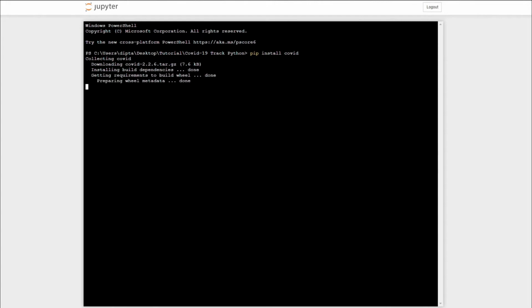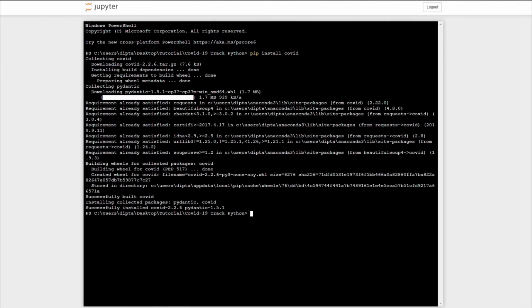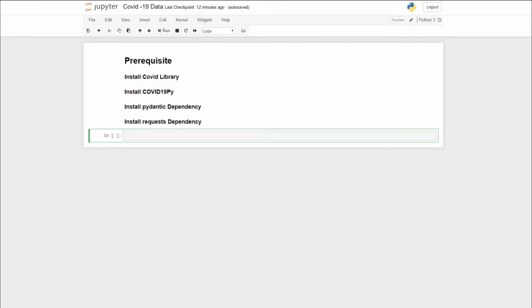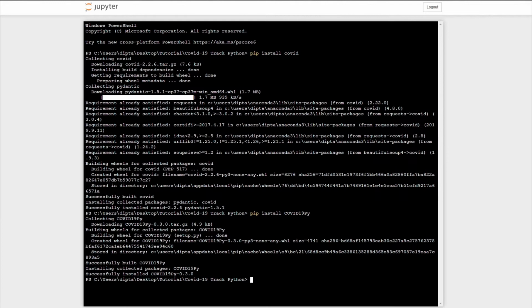You can see this COVID library is successfully installed. Now we have to install pip install COVID-19 PY. You can see it is also successfully installed, and now we have to install these two dependencies, Pydantic and requests. Let's install this, pip install requests.